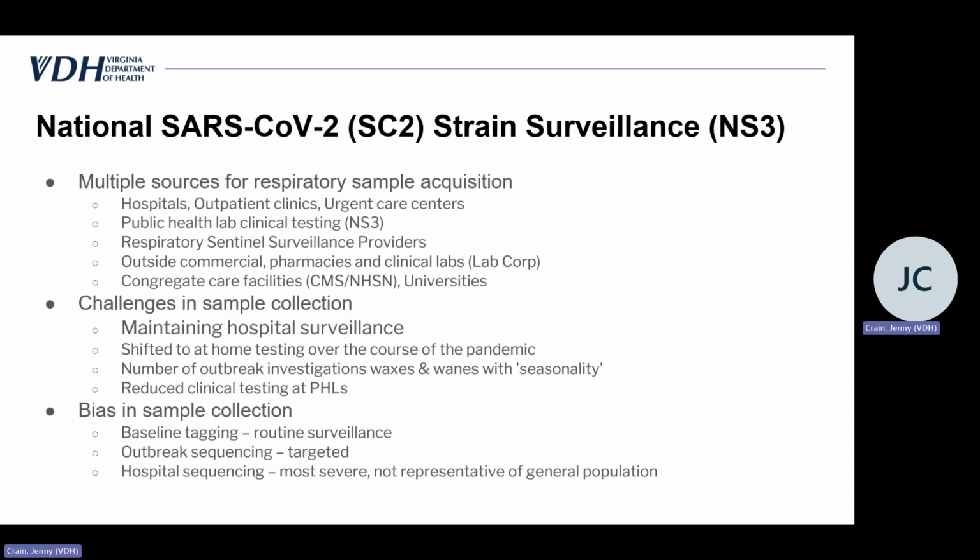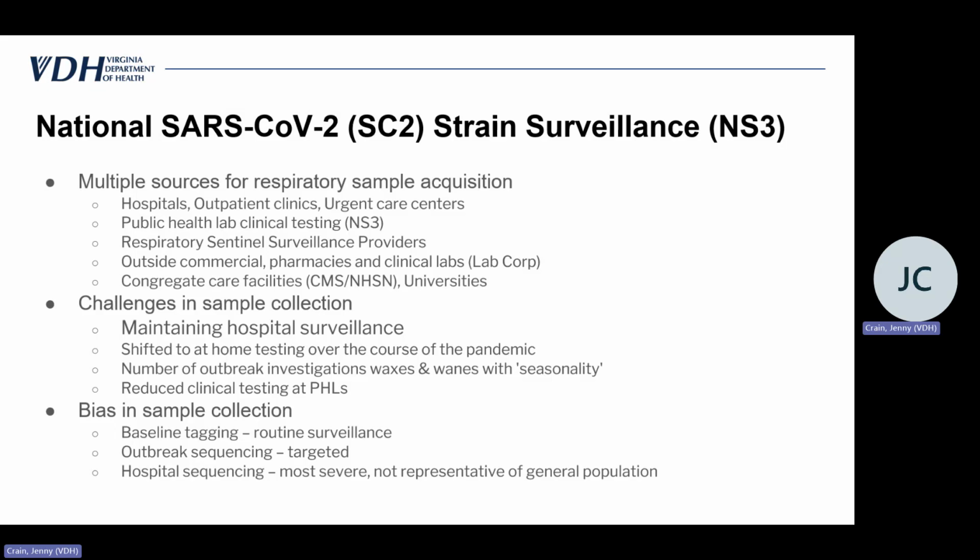Okay, so again, for a lot of the SARS-CoV-2 surveillance systems, many of those will already be familiar to you, but I did just want to mention here in terms of NS3, that may be a term that isn't super familiar to everyone, but the S's just refer to the SARS-CoV-2 strain surveillance. And in Virginia, we have what's called the VAS3 laboratory network, and that is a network of Virginia outside academic partners that do sequencing of SARS-CoV-2, and we created that network during the pandemic.